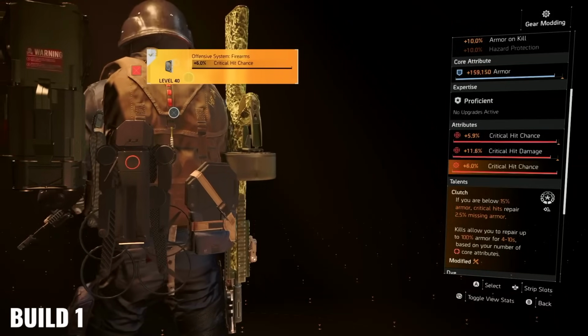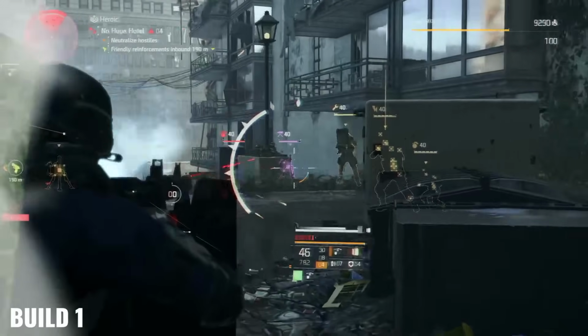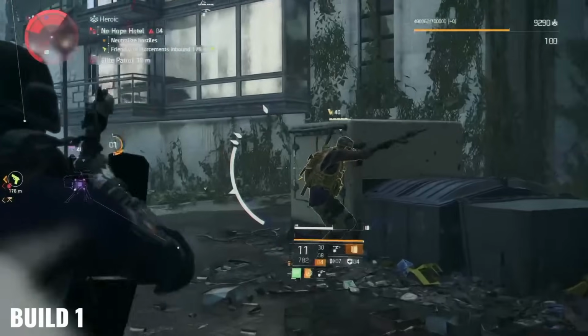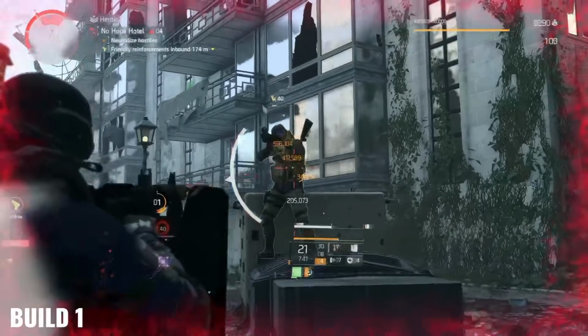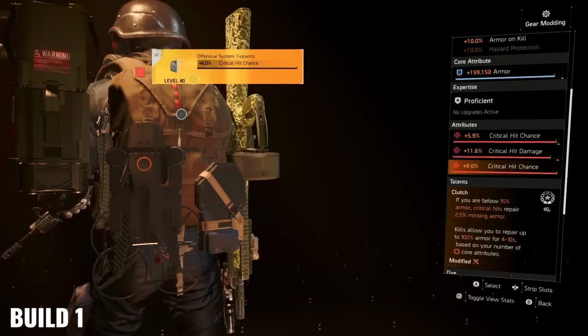The backpack is Uzina Getica with armor, crits, and the talent Clutch. For high red crit builds, Clutch is amazing. It's actually a game changer. It's not well known and often misunderstood, and that's a shame because it has the ability to deliver up to 100% armor on kill. The first part says if you're below 15% armor, crits will get you 2.5% armor back